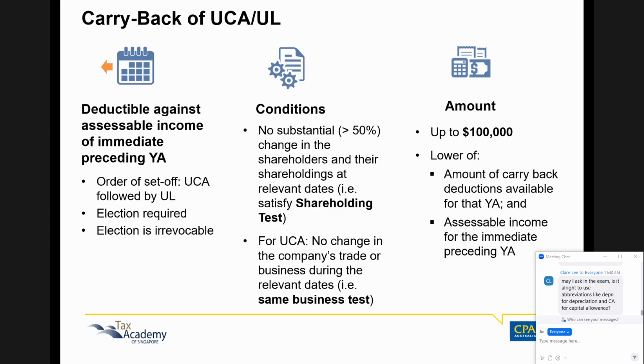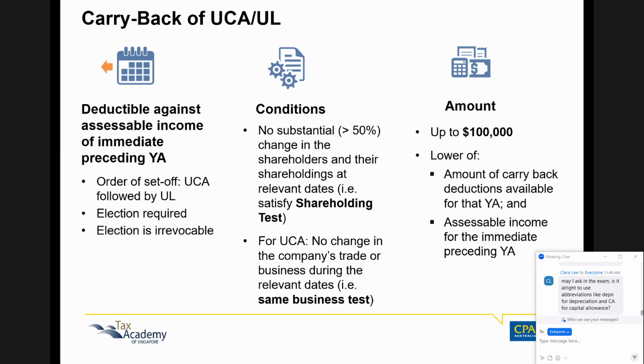Okay, so for this UCA, UL, it can be carried forward. It can also be carried back. For carry forward, there's no limit on how much you can carry forward, and no limit on how many years you can carry forward. But every time you carry forward, if you want to offset, you need to apply all those tests that we mentioned earlier. Okay, but for carry back,